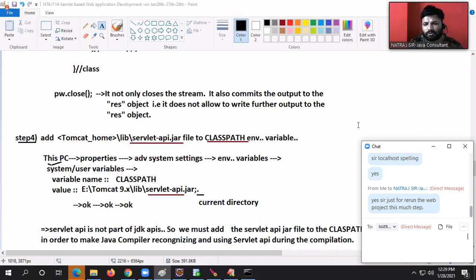Okay, Sudha, yes, internals will be discussed tomorrow, not today. Today you practice and get the confidence. Tomorrow I will talk about internals. Instead of reloading the web application, can I restart the server? Yes, you can do that also. But you only observe. Disturbing other applications is easier. Disturbing our own application is easier.